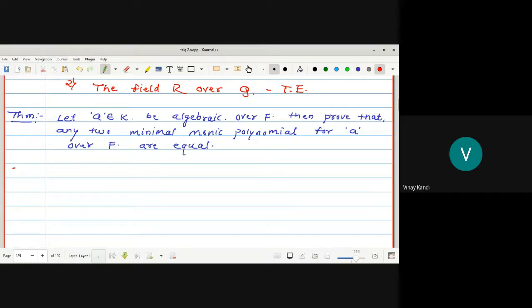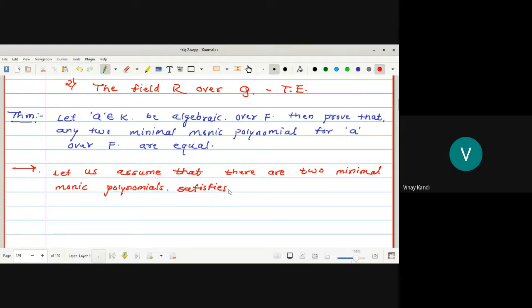Solution. So let us assume that there are two minimal monic polynomials. Okay, assume the contradiction. आपल्याला वन आहे एकच प्रूव्ह करायचं, त्यासाठी काय करायचं, अजून काय केलं आपण, there are two minimal monic polynomials satisfied by a over capital F of degree n. Okay, say याला आपण मतलब काहीतरी फायनाइट डिग्री असेल. Okay, let the polynomials be